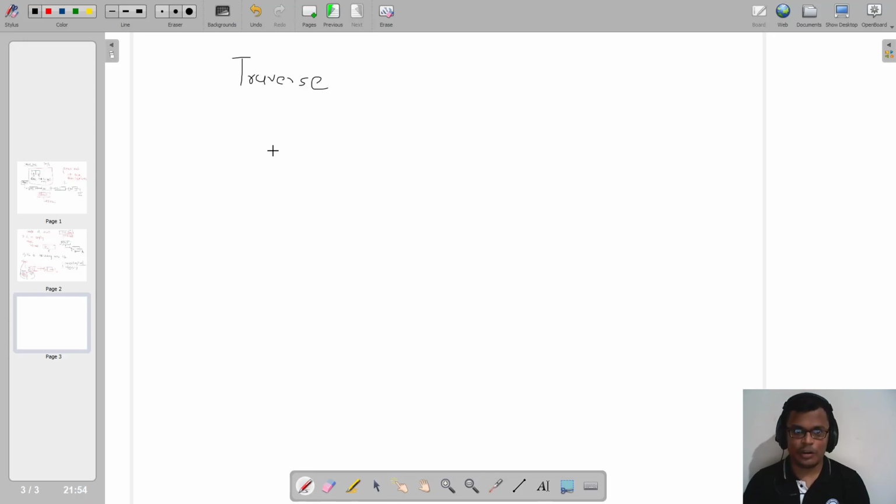So for traverse, consider a case that your linked list is containing some elements. If your linked list is empty, start will be null, and you will tell your user that your linked list is empty. And if your linked list is not empty, if it is containing some elements, you need to traverse it, right? So how will I traverse this? I'll show you an example.